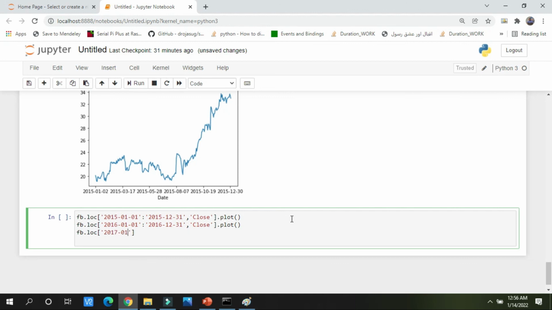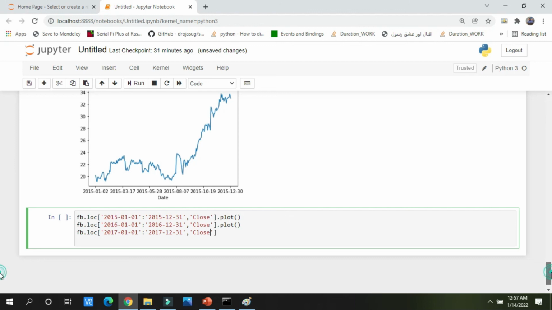I am going to write the stock market rate of 3 years and plot them all on a single graph by simply writing all the commands in the same cell. I am considering only the closing price, meaning the close column.